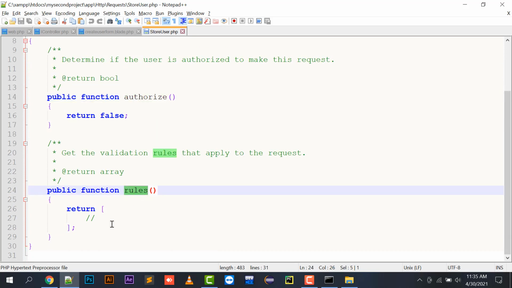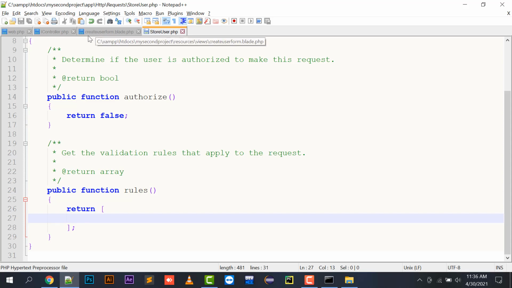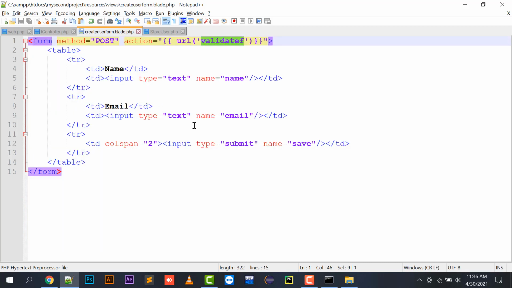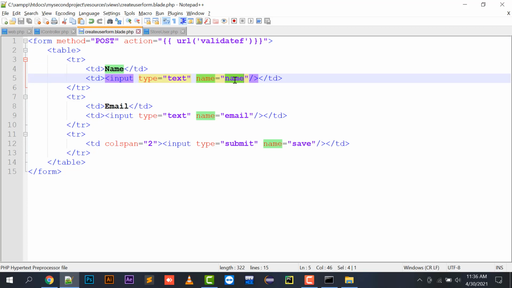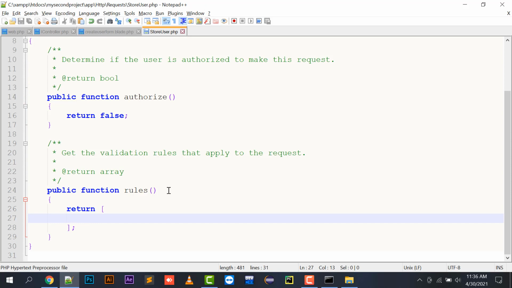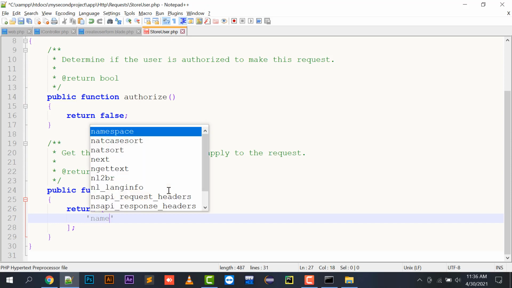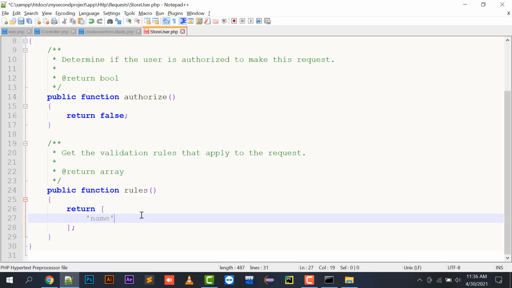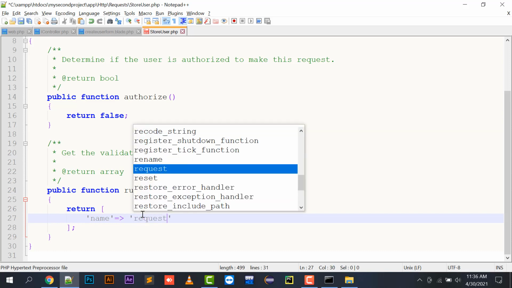So here comes the matter of the rules function. I need to pass some rules over here, so that I can cross check with my form variables. Like I have an input of type text with name as name, and email as email. So I need to create a rule over here. So here I am going to write name. This is basically the validation which we are going to perform. So for name, I can specify required,